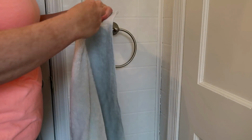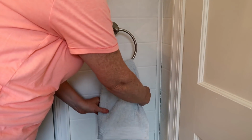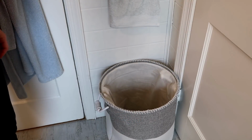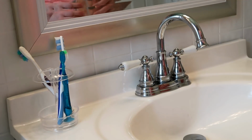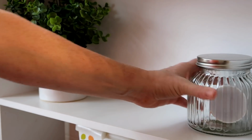And I also picked up these towels at Ollie's. They match the shower curtain perfectly in the shade of blue. And I got this hamper, I believe at AC Moore craft store, and it's perfect for that little spot. Then this is my shelf above my toilet, which is so fun to actually have some shelves